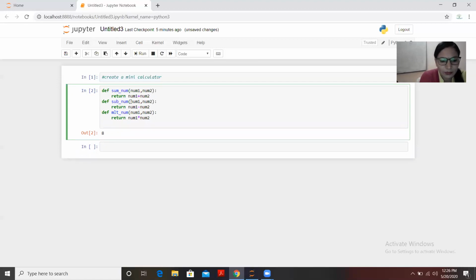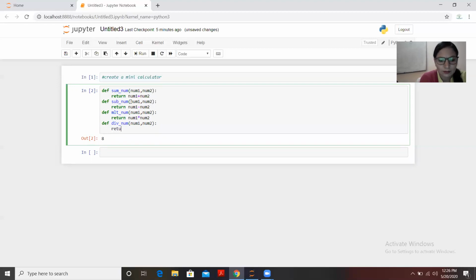And let's say for divide as well, def divide numbers is the name of the function, and the same variables num1 num2, colon, and then return. So I have just created all the functions which I'm going to use